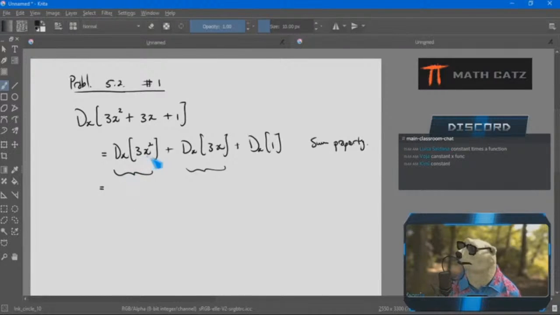Constant times a function, because I know x squared is ready. It's almost there. It has a number in front of it. The constant property will come later. I just want to do one at a time to not confuse anyone. But yes, you could do them in the same line, absolutely. For now, it's our first example for the day, so I won't. So now the constant times a function property, that I'll shorten like this,